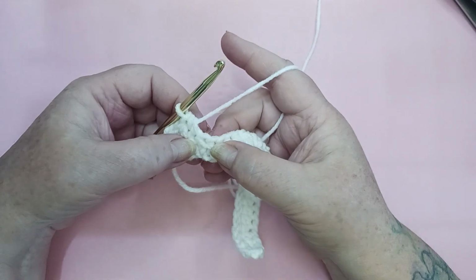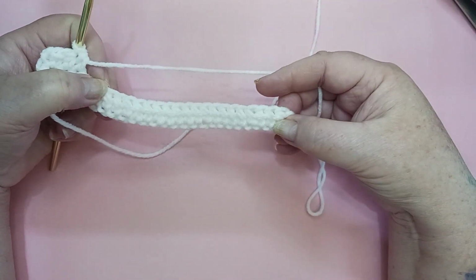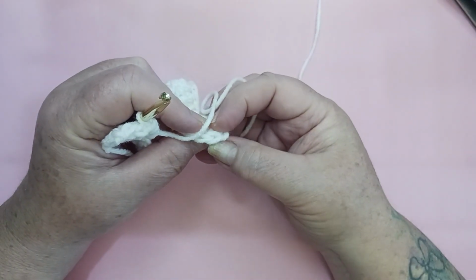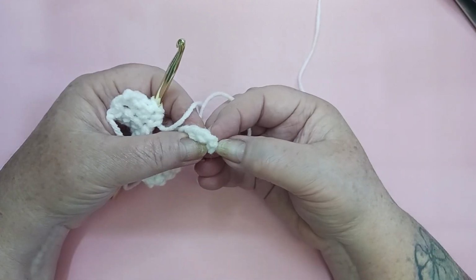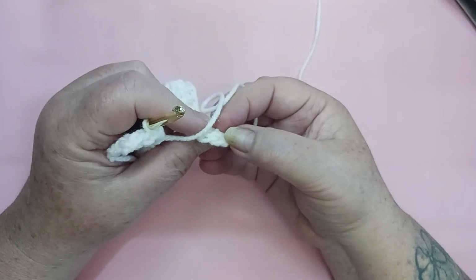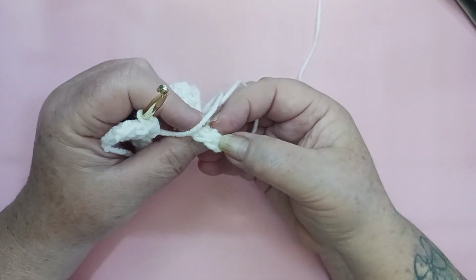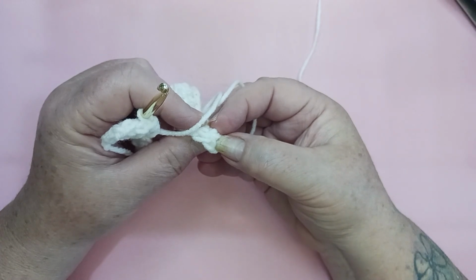and you're going to repeat placing half double crochets all the way to the end of row 2. When you get there, your last stitch is going to be in this half double crochet here. These 2 chains that we skipped do not count as a stitch. So don't half double crochet in the top of this. You want your last stitch to go into the top of this half double crochet. You will have a total of 25 half double crochet at the end of row 2, and I will meet